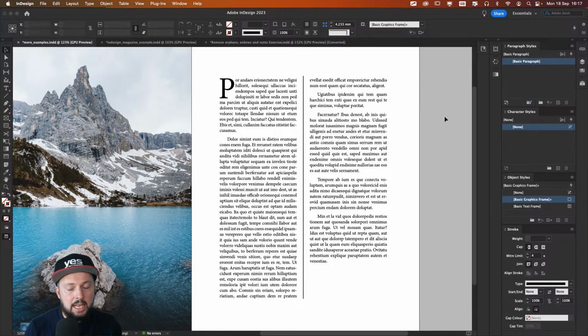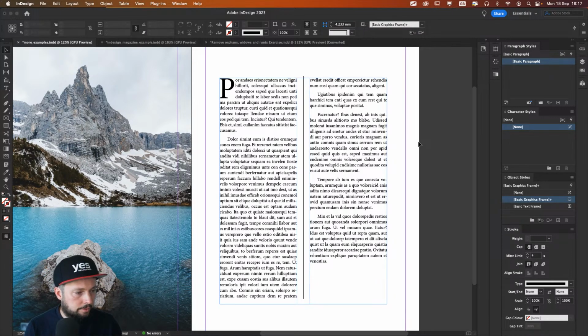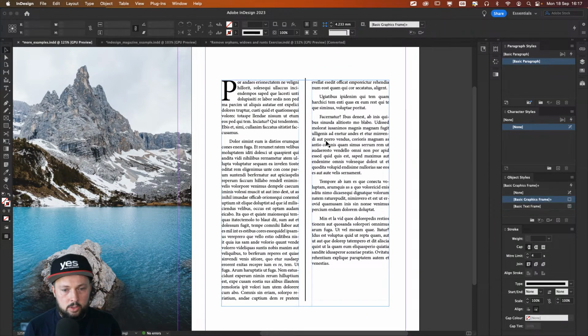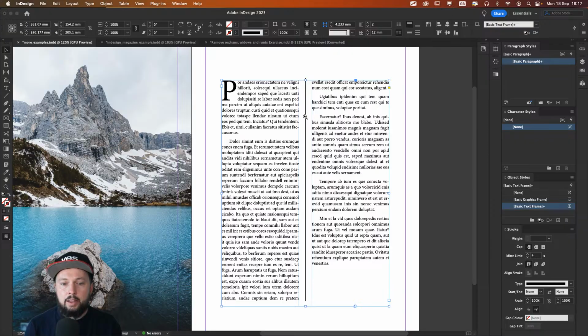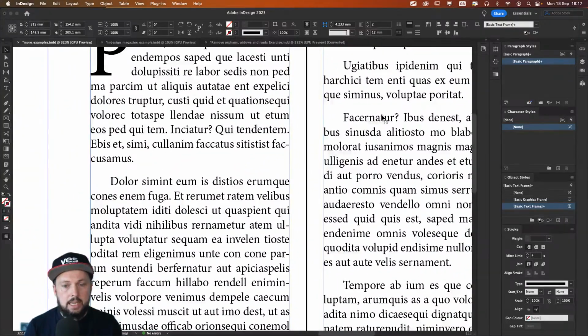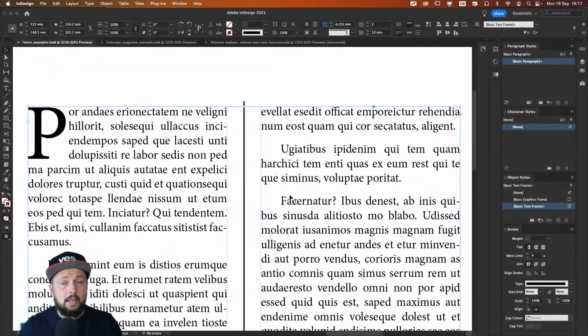So baseline alignment, very good point as well from T00 Bad. That's something that we can also add here for sure. And for those who don't know what baseline alignment is, it's essentially something that you need to keep consistent throughout the whole document, ideally. Especially in documents like magazines and books, especially in books where the paper is usually thin